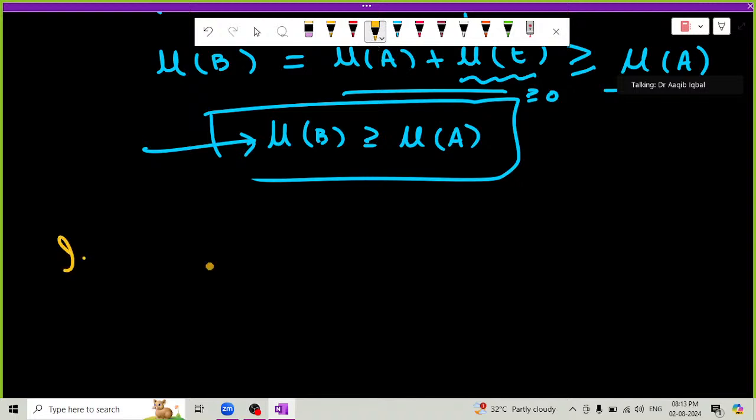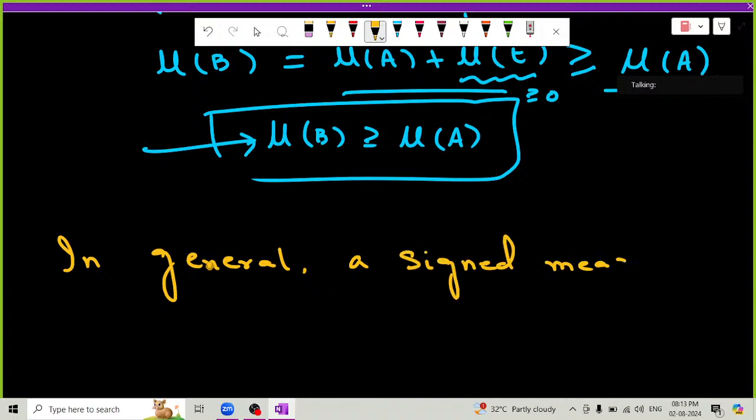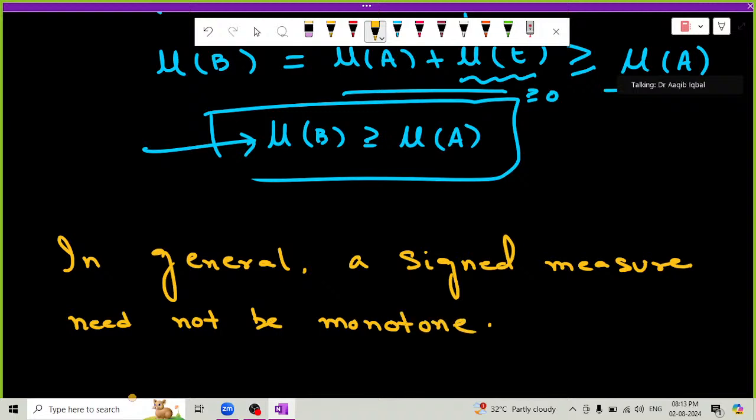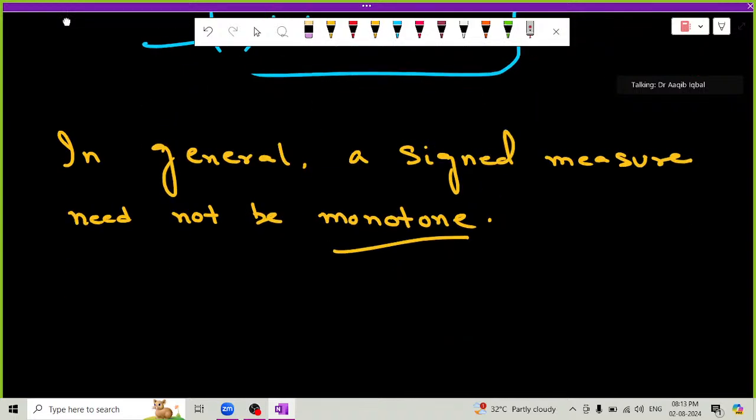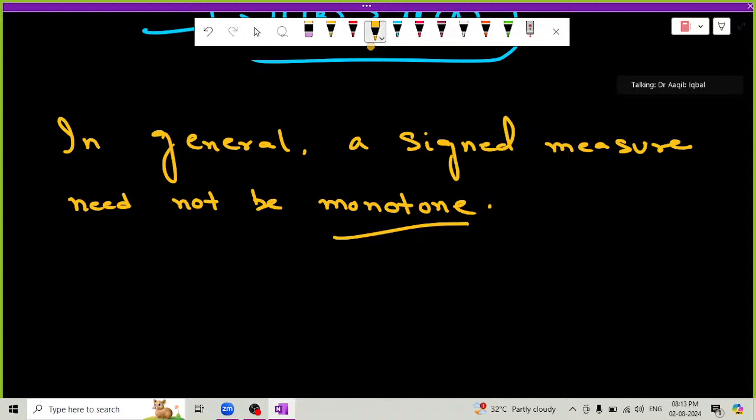So in general, basically, if you take a signed measure, in general, a signed measure need not be monotone. ये आपको याद रखना है, बिकॉज मोनोटोनिसिटी में जो है ना वो नॉन नेगेटिविटी इस्तेमाल होती है, ठीक. और सिंस साइनड मेजर इज इन जनरल नॉट नॉन नेगेटिव, सो यू कैन नॉट क्लेम मोनोटोनिसिटी. ये याद रखेंगे आप. एक और फैक्ट अबाउट दी साइनड मेजर्स, और वो ये है,